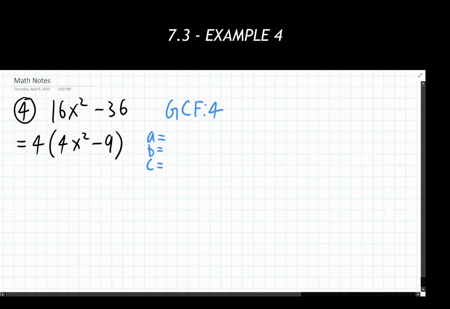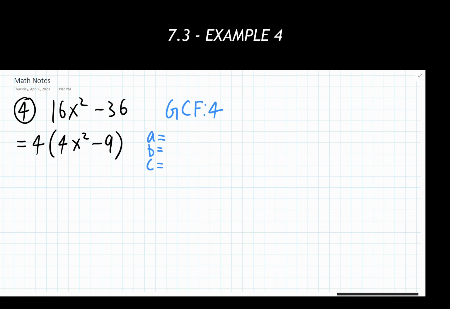A little bit of glitching showing up there. So, A value, it's going to be 4. Showing up right here. You might look at it and say, well, I don't have a B value. There's nothing that's been given to me there. And you are correct. Nothing has been explicitly written as the B value. You can also think of it as, well, I have nothing there, what's the mathematical equivalent of nothing? Well, that would be 0. And then the C value, which is just the constant at the very end, that's going to be this -9.